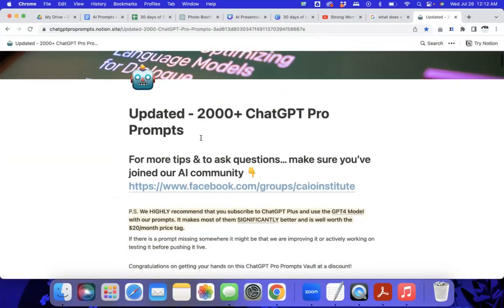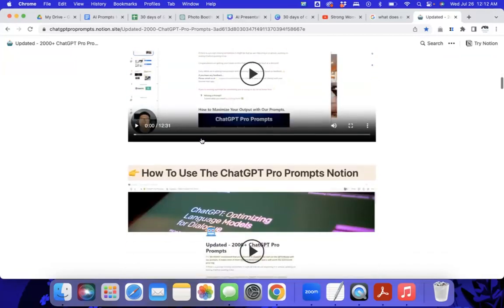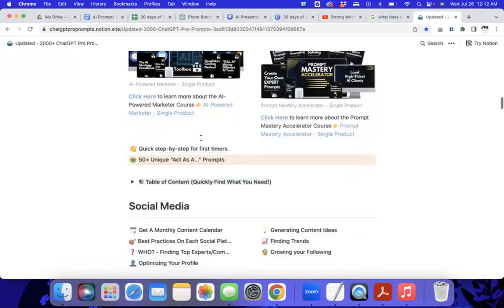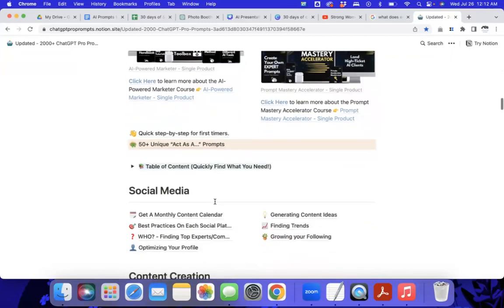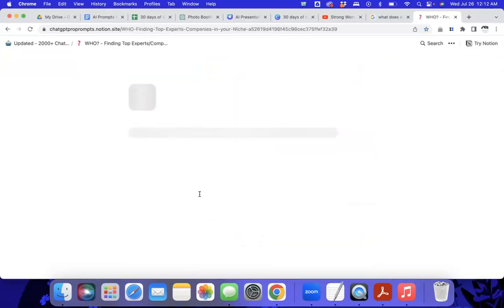I bought all of these prompts and I can find out how to get access to them, but they have so much. Like this I thought was really interesting. It's called Who, finding top experts